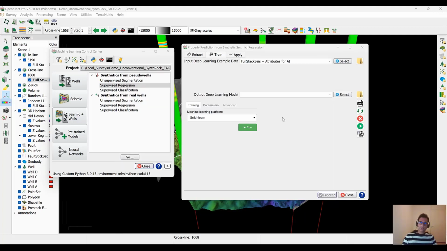So the data extraction takes a few minutes, and at the end of it, the program will take you to this training tab, wherein you will see the example data visible in this top field, which you have just created from the pseudo-wells. And this example data, of course, contains the target AI log from the pseudo-wells, as well as full stack synthetic, and a few attributes computed from that full stack synthetic, which are the input features for predicting